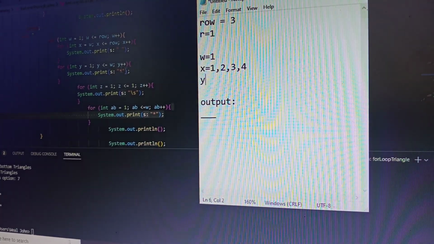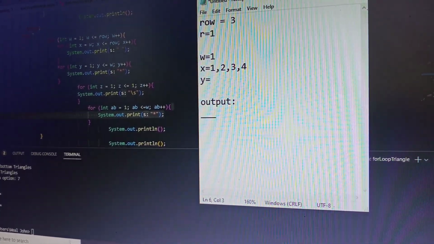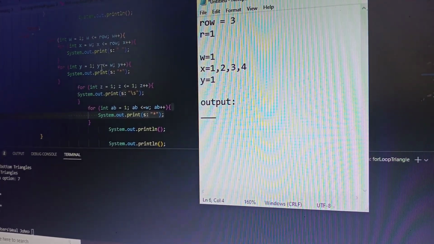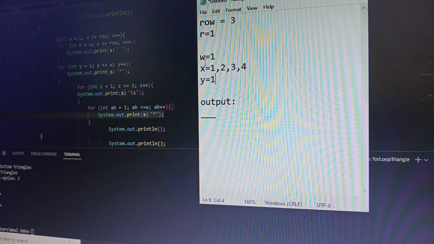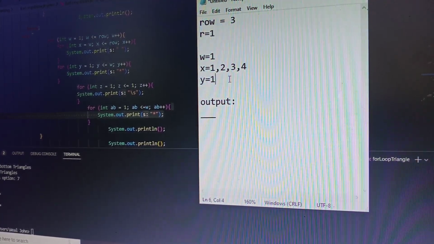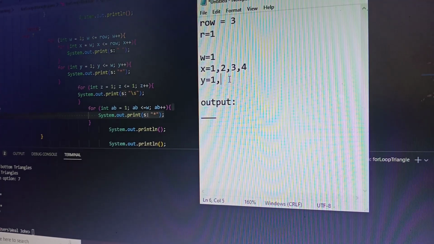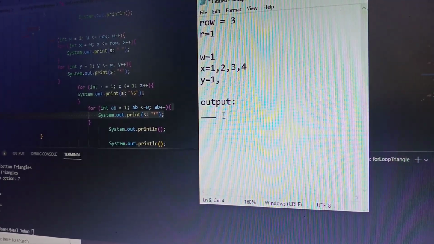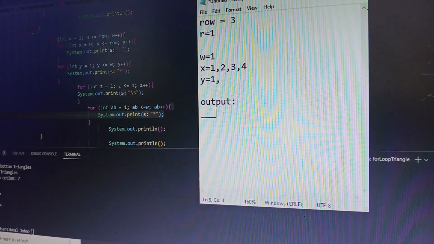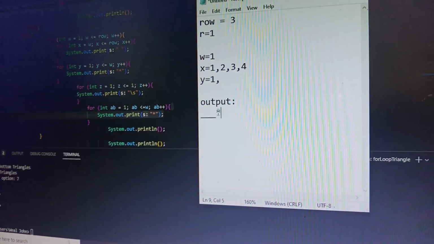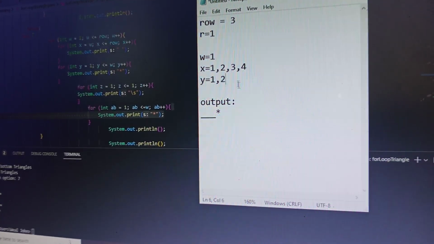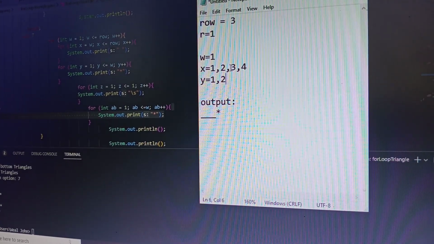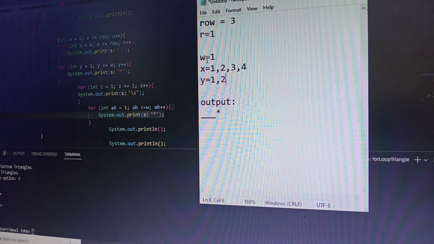and y equals to 1. Then the condition is y less than or equals to w, where w is equal to 1, then true, then we'll print, proceed to the next line, which is will print. Then increment: 1 will now become 2. Then is 2 less than equals to w, which is 1, then